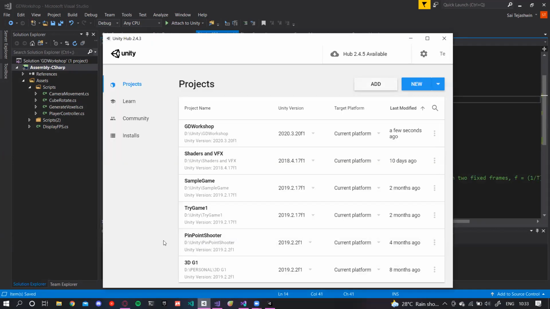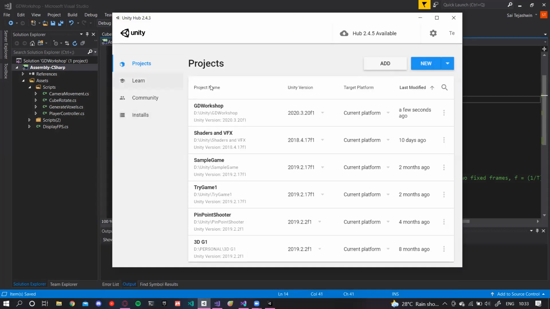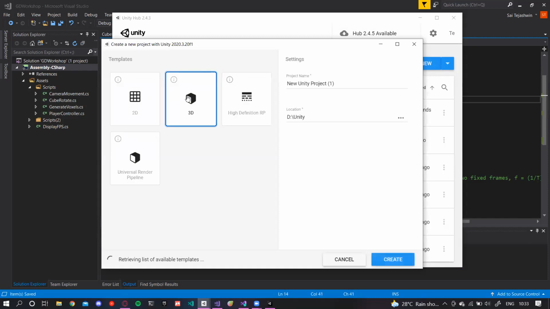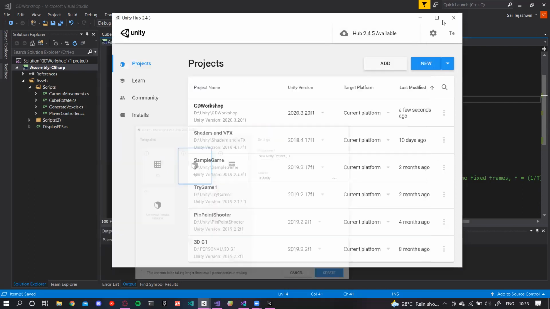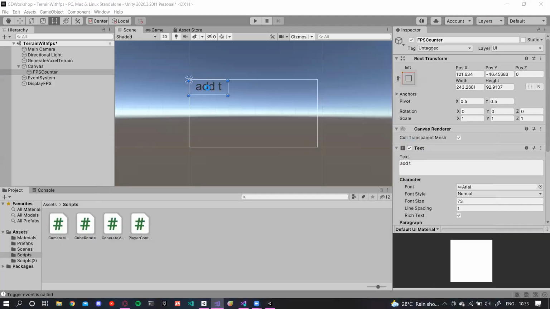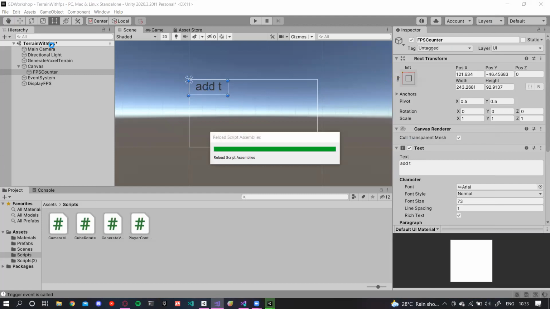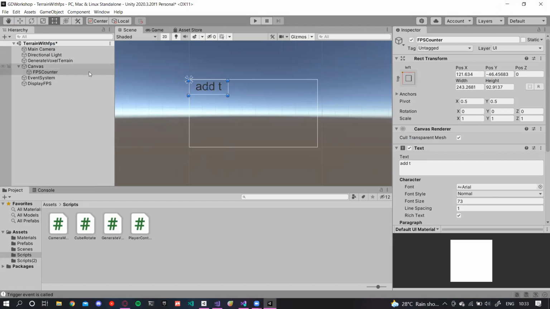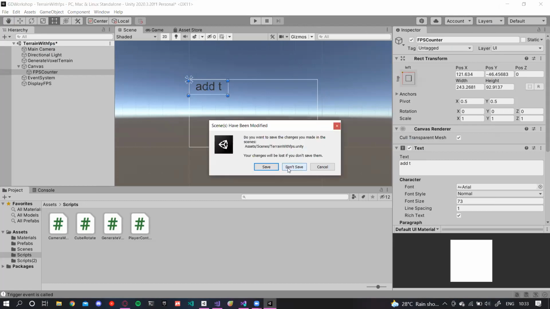And if anybody has installed Unity, make sure you get the Unity Hub so that when you start a new project, you get these few options like 2D, 3D, and High Definition RP and Universal RP. So what are these render pipelines that you're seeing? Render pipelines, I'm going to explain now. And also a little version control. Yeah, okay. So I'll just close it.